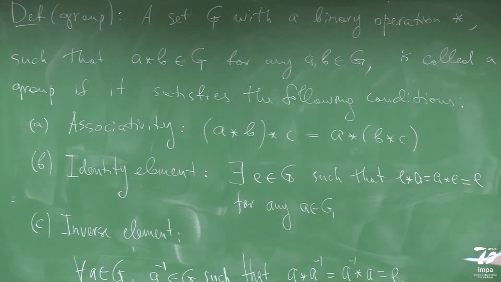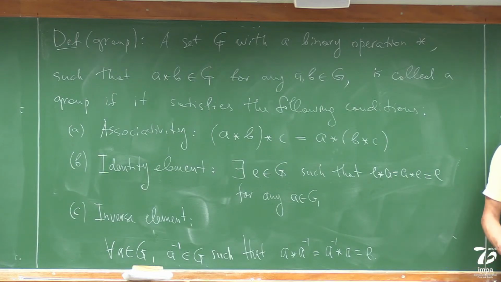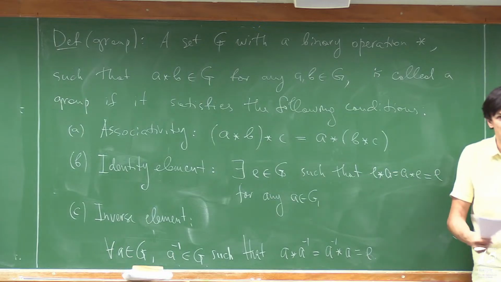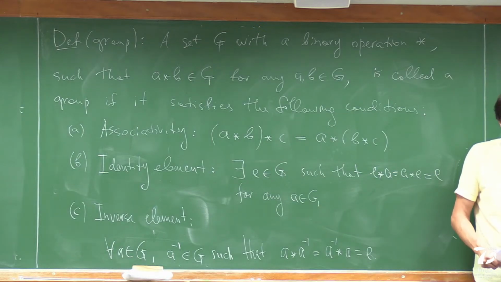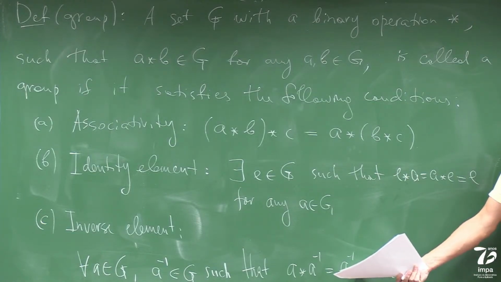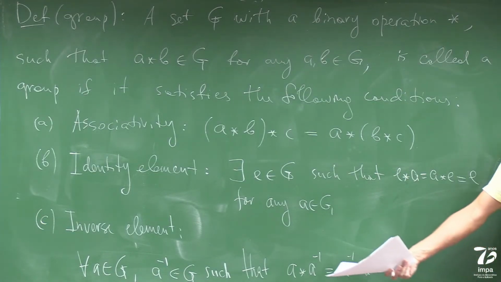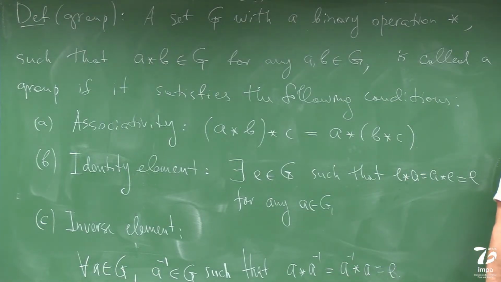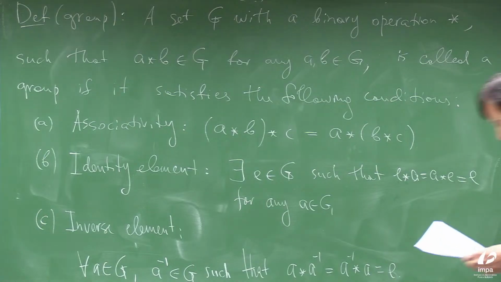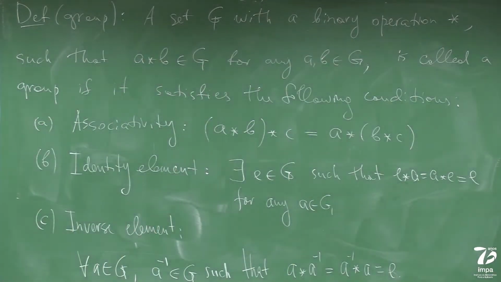Again, if star is an addition, then A minus 1 is minus A, right? So if the operation is adding two numbers, the inverse number is just you change sign. And if star is multiplication, then A minus 1 is 1 divided by A. So that's a natural generalization of the properties of real numbers. So what I'm telling here is that this G that we have, the Galilean group, is a group